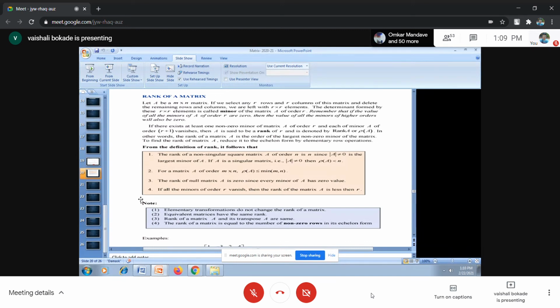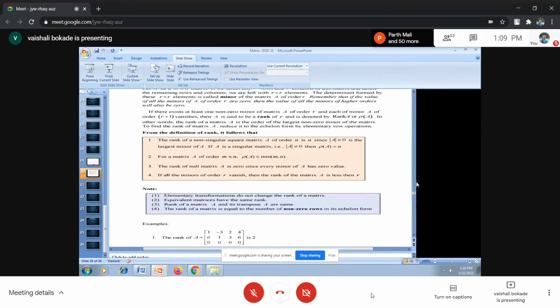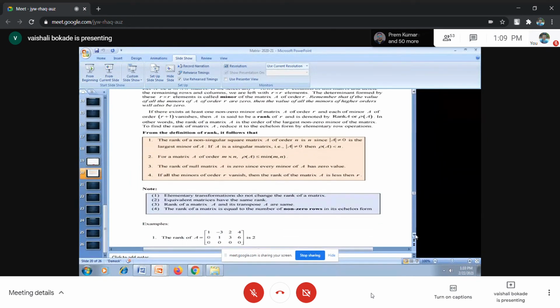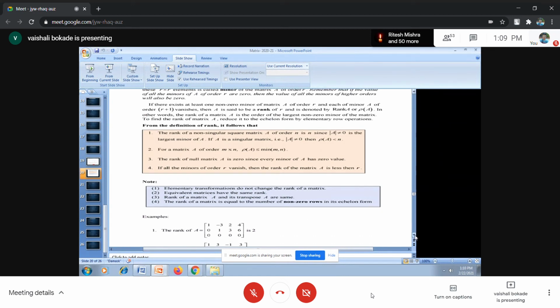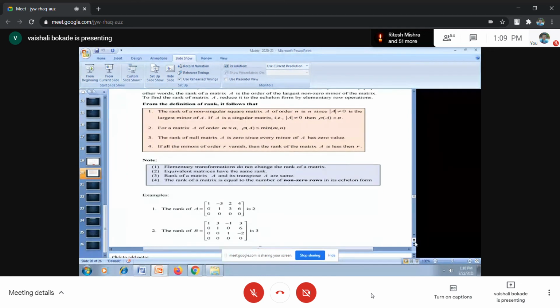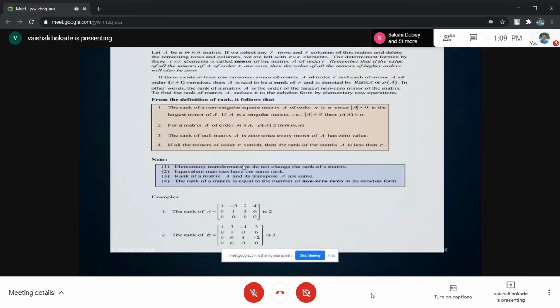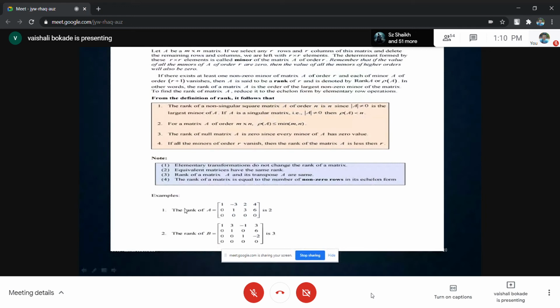Now I am going for something very important. After echelon form, I want to go for the rank of a matrix. Right now I only told you that these are the things regarding rank of a matrix, the definition and all. If I go for the definition now, you will not get anything, so right now I'm directly going for the example. After the examples for echelon form, I'll again move to the rank of a matrix and this definition. Everybody should concentrate on the example here, not the above things.